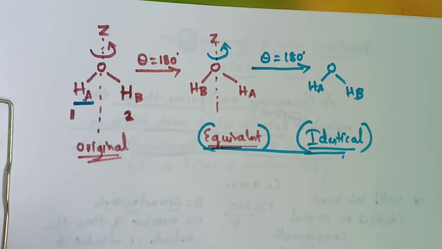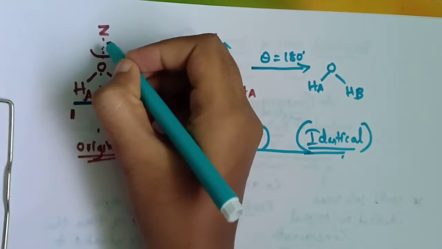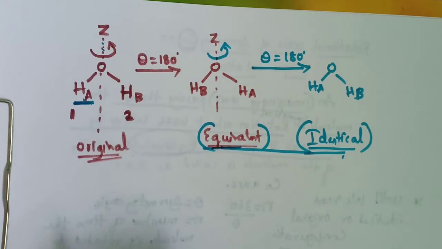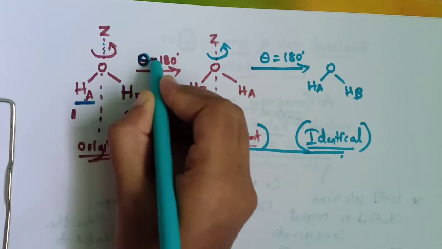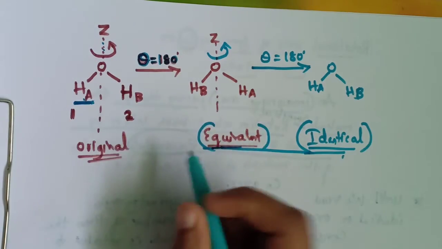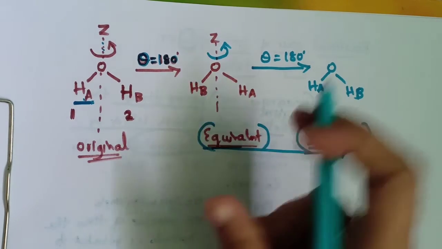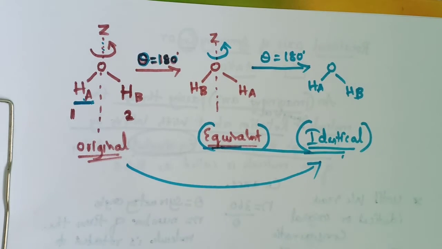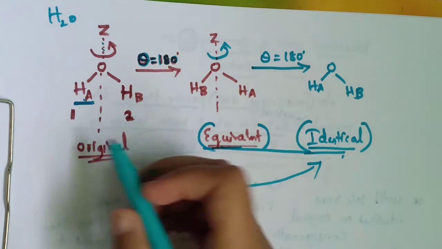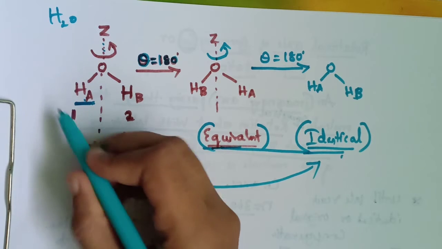See, by considering this molecule, we have understood that an imaginary axis passes through the molecule. That means it cuts the molecule into two equal halves, two similar halves, and we have rotated by some angle, theta equal to 180 degrees. By rotating, we have got an equivalent configuration, and after rotating theta equal to 180 degrees, we have got the same identical configuration as the first one. Please remember that while rotating a molecule, don't leave the atom vacant from the position from which it was rotated. If it was rotated from this atom, this place should not be vacant.